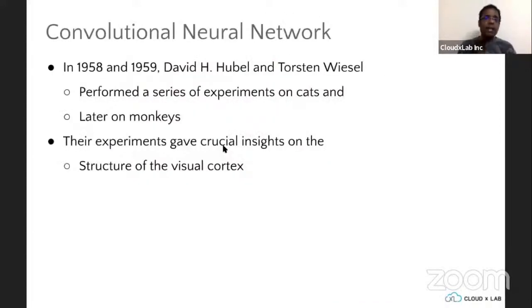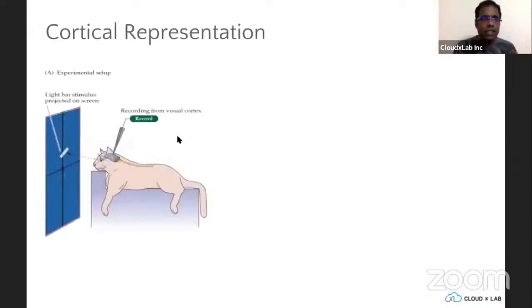Now, back in 1958, among the first people who were trying to understand how the brain works, they made a couple of experiments on cats and monkeys that gave ideas of how the brain really works, and gave some syntax to this. What they did is they created an experiment. They took a cat